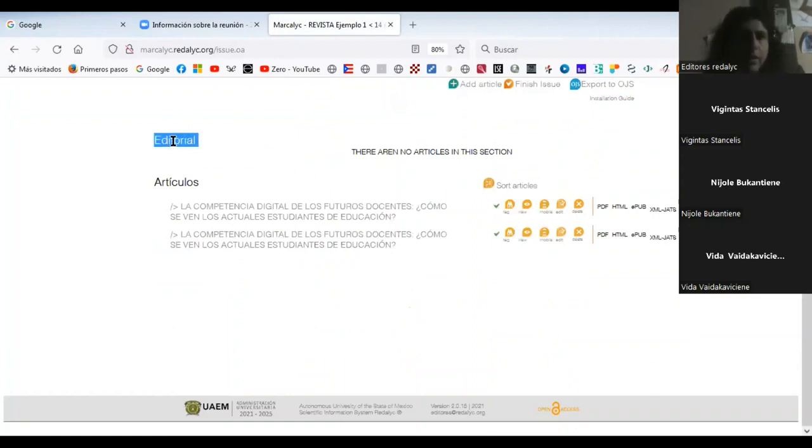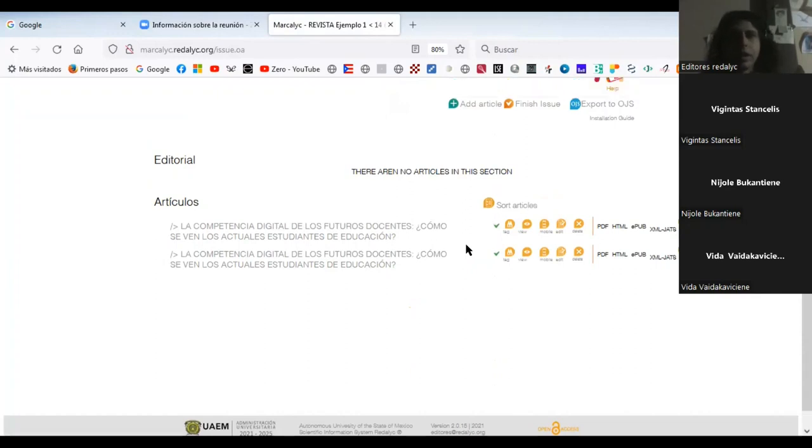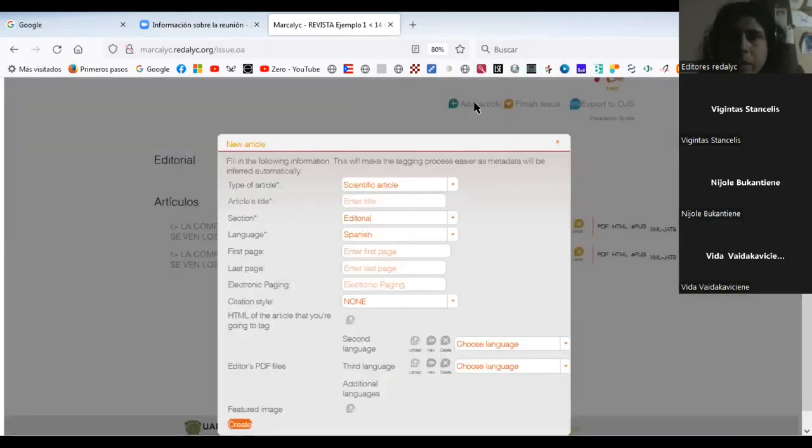the sections without content with this text. And in order to create the content of the issue, you should add the new article. So with this button, selecting this button, we can see the window where we can edit the content of the article or the